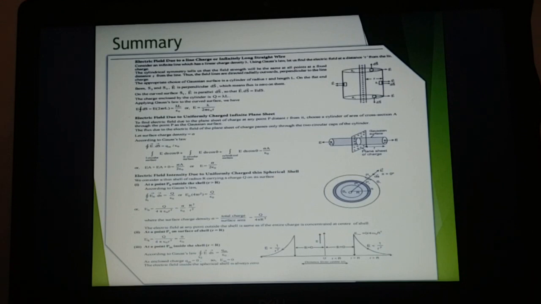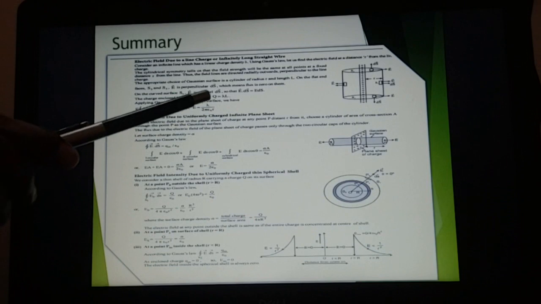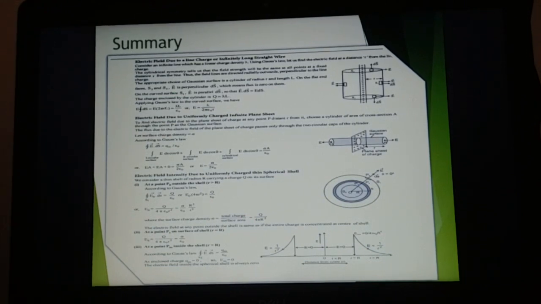What is the method? You are finding the electric flux using the definition, that is phi is equal to closed integral E dot dA or ds, whatever may be, and you are finding the flux using the Gauss theorem, that is Q divided by epsilon 0. So in the first case, it's a linear charge distribution, and we have got the electric field intensity as 1 by 2 pi epsilon 0 lambda by r, where lambda is the linear charge distribution and r is the distance. There you can find only one variable term, r. As r increases, the electric field intensity decreases.